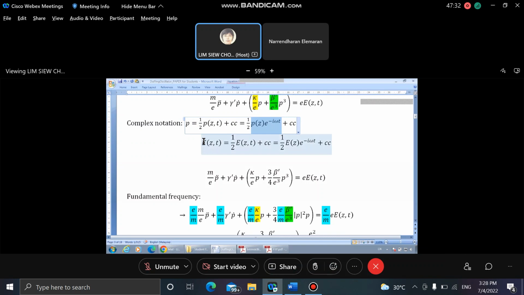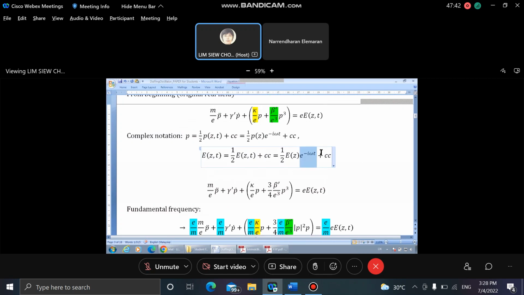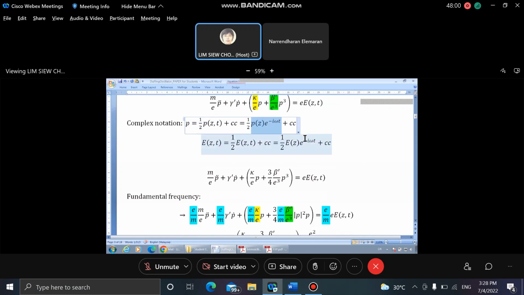Likewise, the E can also be broken down into EZ and a function of T. After we have this, we plug the P like this into here, ignoring the CC, because once you solve the complex part, you automatically get the CC. So when we plug into the field there,